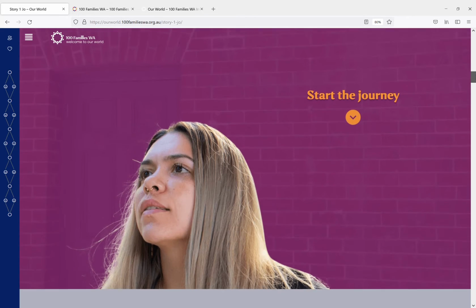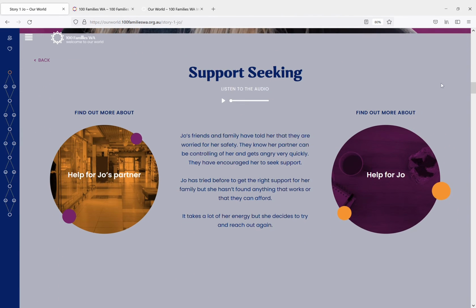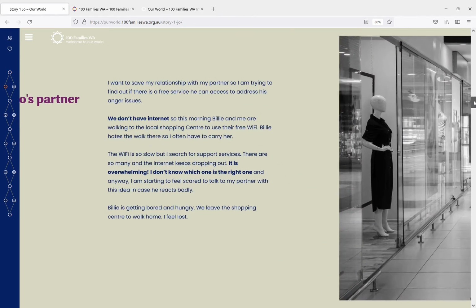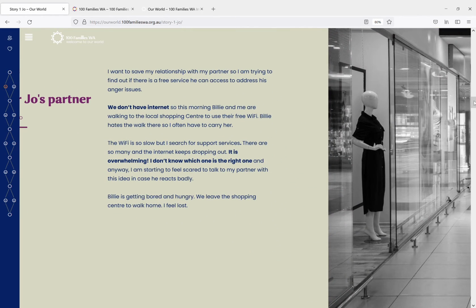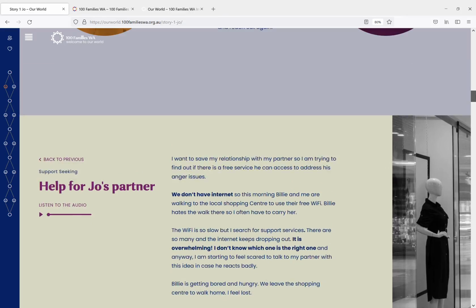So as we scroll through, we start the journey, and we can read about some different situations that Joe is going through. You can choose which side of the journey you go through. So there's options depending on what you're interested in learning more about. But if you keep scrolling, you'll always get the kind of A option. Here you'll hear from Joe again, so you can click play and she'll tell you more about what she's going